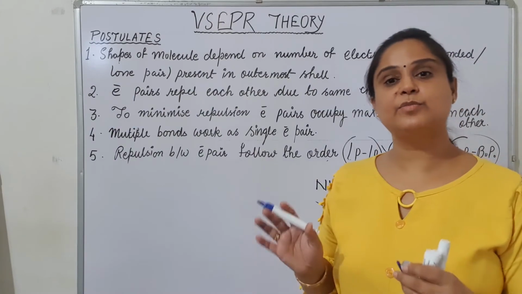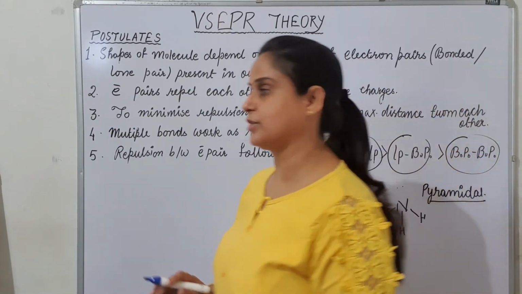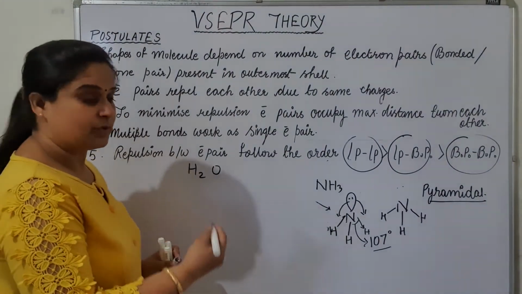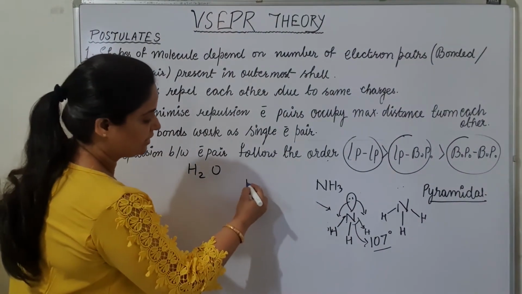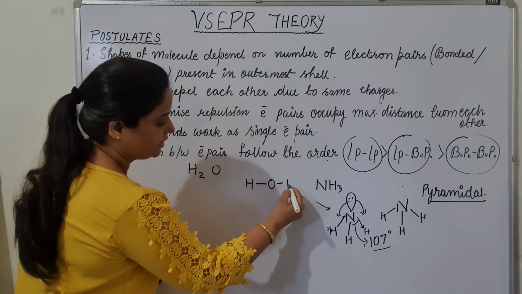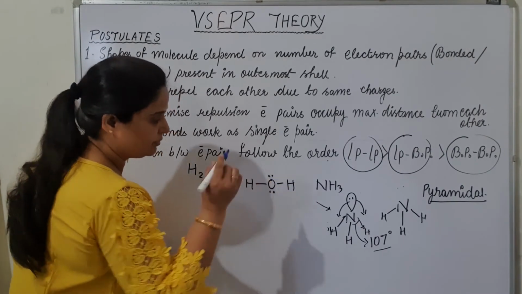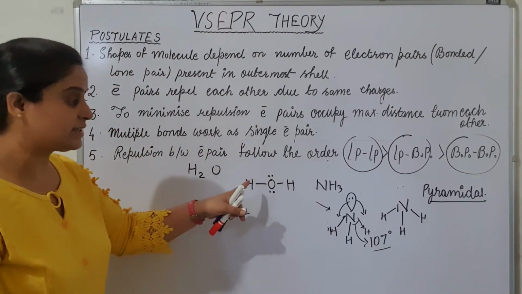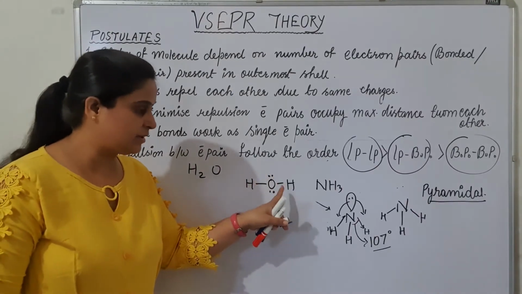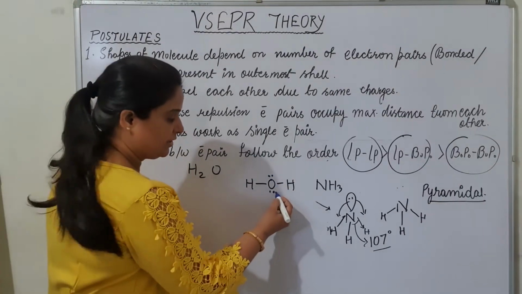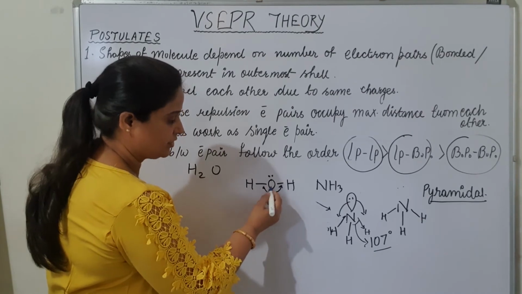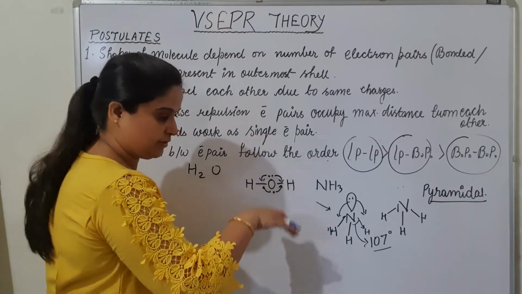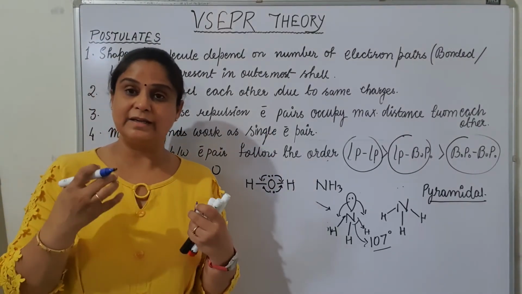So now I am taking one more example, and the next example is the water molecule. So here is a water molecule. According to the Lewis structure, we know that it is hydrogen, oxygen, hydrogen and having lone pair. So the Lewis structure says that these should be the connections. Now I am going to maintain the distance between lone pair, bond pair, bond pair. This lone pair is going to pull this so that they will go that side. This lone pair is going to pull this so that they will go downside. The structure is not getting fixed.